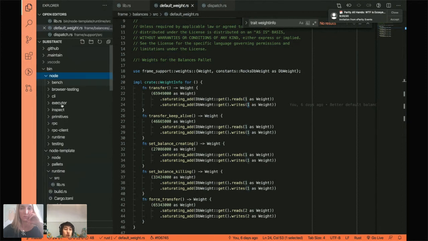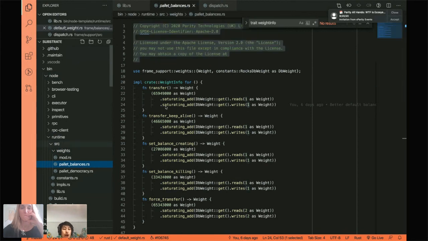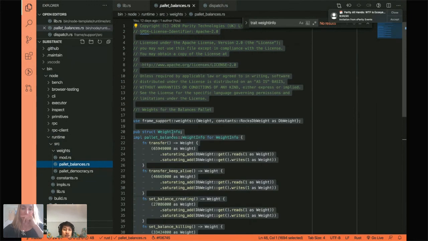So if we go here to node, runtime, source, anyone who's building their own runtime can create this weights folder, which has a list of all the weights that they want to define. So these are the weights that we've defined for our system and our configuration, our specific setup. And we can pass this weight info into our runtime definition.